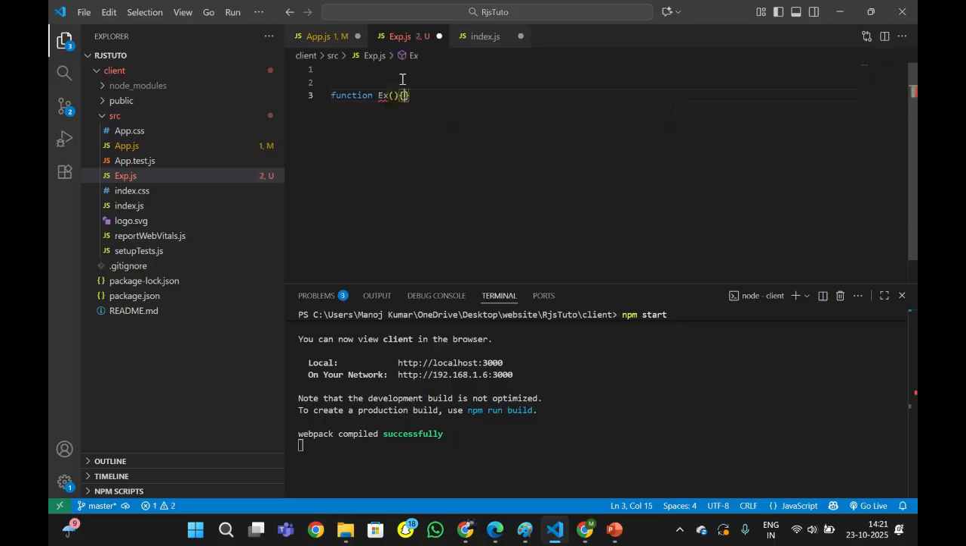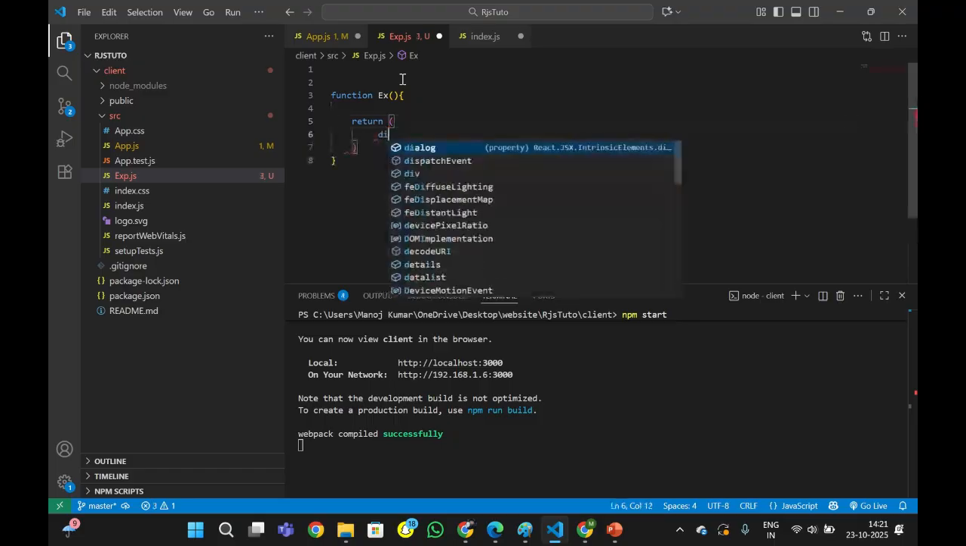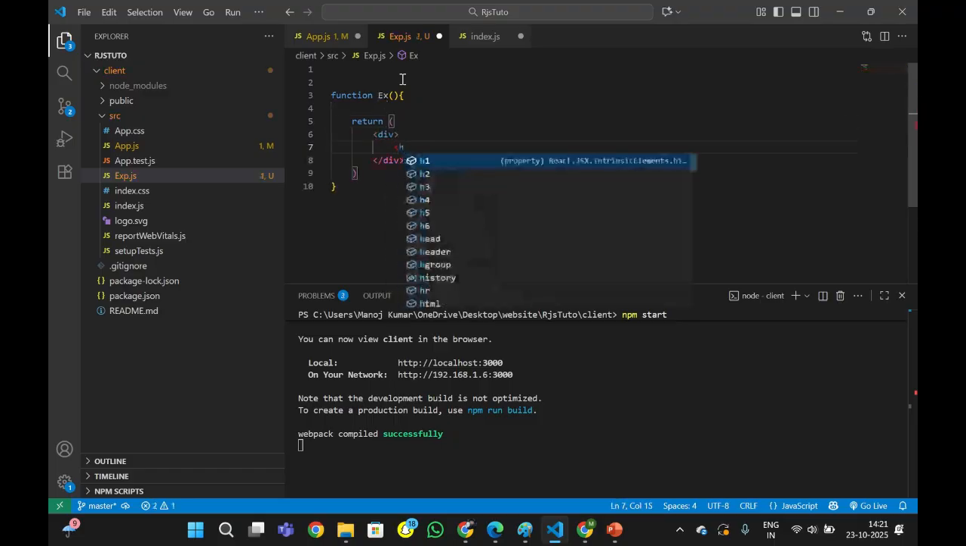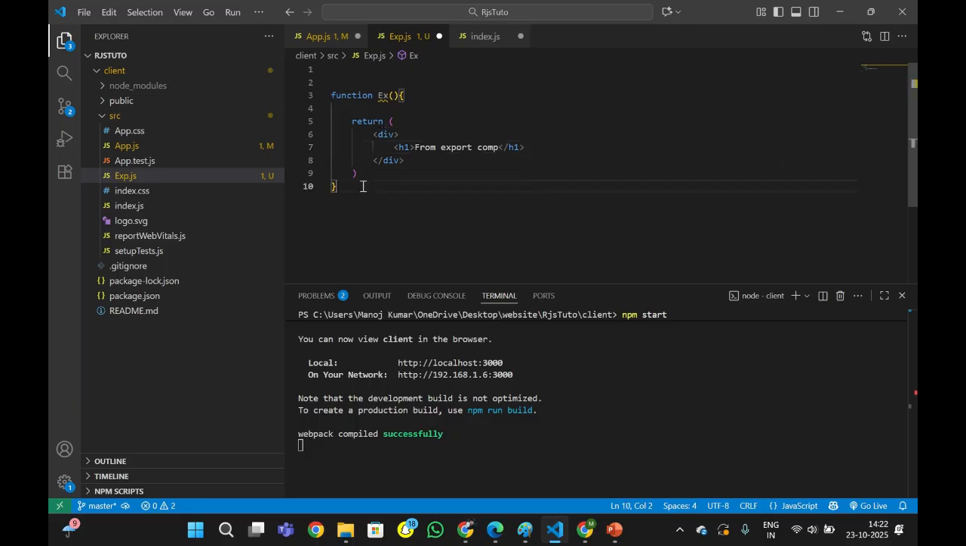export, return, it is going to return one h1, hi, it's from export component. Now if I want to export this component, if I want to use this component in another file,